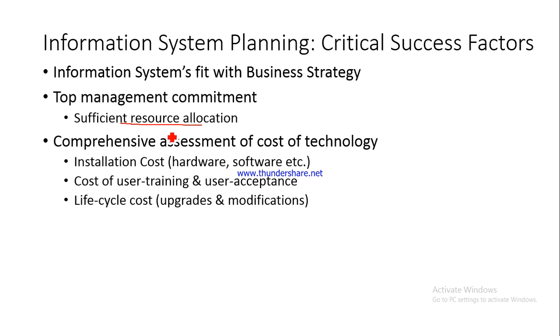Again, one more thing that you have to keep in your mind is that you have to do a comprehensive assessment of the cost of technology. I hope you remember that we have discussed that you go for an information system only and only when the benefits are more than the cost. So you have to do this cost benefit analysis. It does not make sense for a very small business, a perchun wala with limited sales in a particular month, to go for a very elaborate information system. It does not make sense for him, right? So why? Because for him the cost would be higher than the benefits.